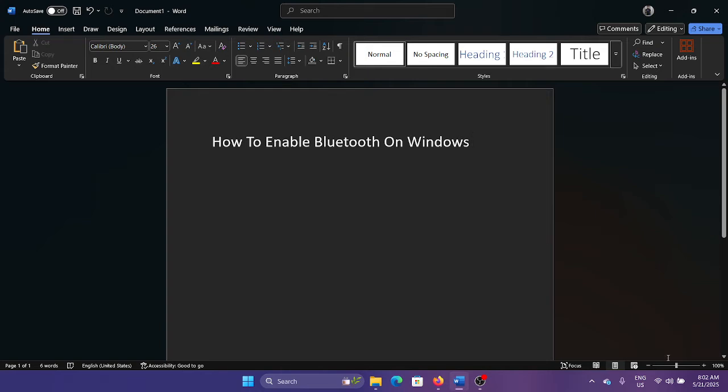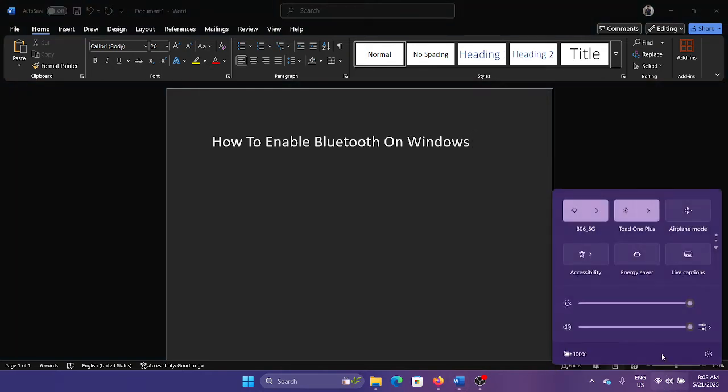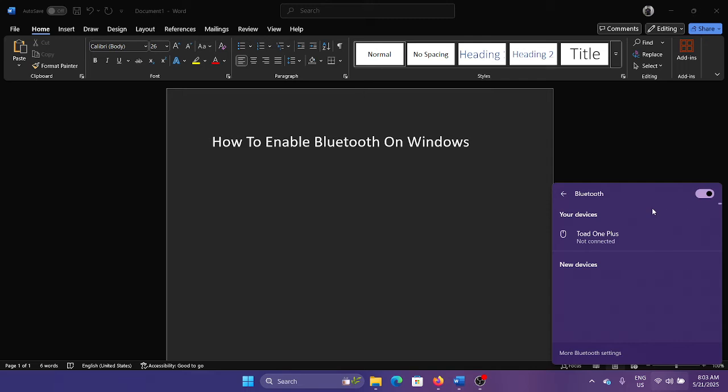Now, ideally, you'll find it in the system tray. So click on the system tray here and you will find the Bluetooth symbol here. If it is off, it is disabled, and if it is on, it is enabled. Okay, and to connect anything, just click on this option and you will find a list of devices you can